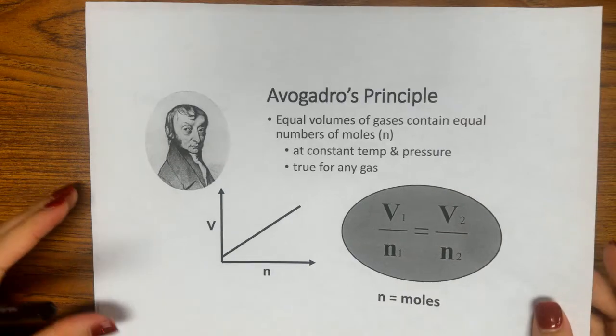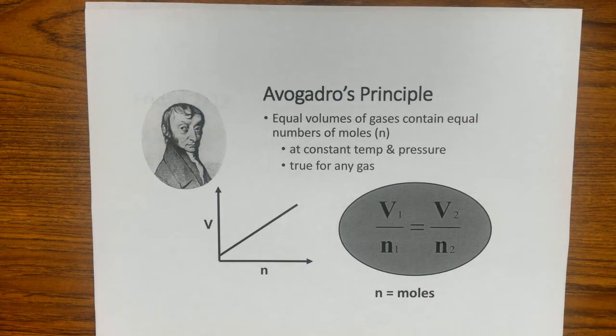Now, I hope you recognize the name Avogadro. You should. He was the highly attractive mole guy. Avogadro's number, 6.02 times 10 to the 23. But the whole mole came about because Avogadro did research about gases, and he found that if you